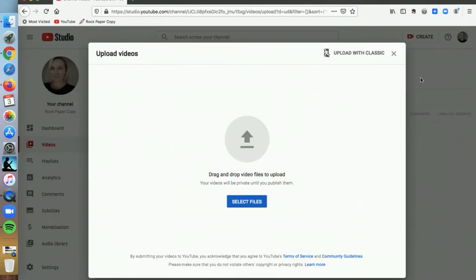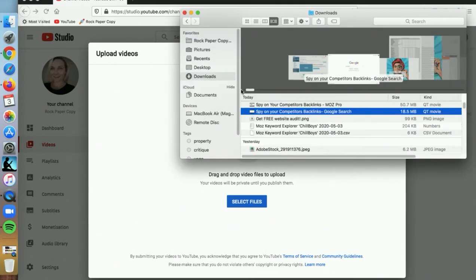Now in the next window, I will show you how to drag and drop. It is really easy with YouTube. New way of uploading videos, really quick. So choose the file from your computer. And here are the files created with QuickTime Player. They've got QT movie files. So drag and drop the one you want to upload